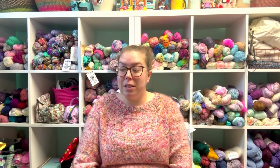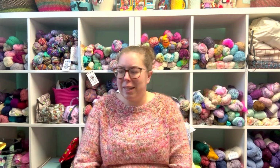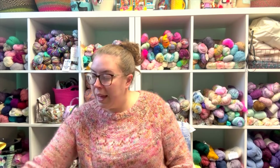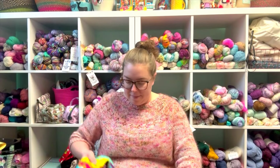I am planning on casting on a new vanilla Christmas sock or other sock for summer sock camp after I finish my first Christmas knit. But I want to get that one done first because I have a bigger project on the needles with the sweater and I just don't want to overwhelm myself. So I'm going to show you my finished objects. The first ones that I have,